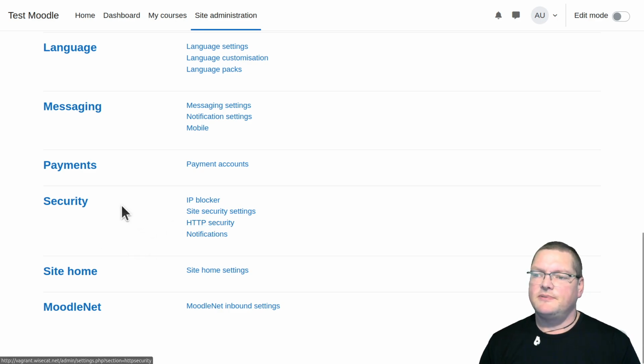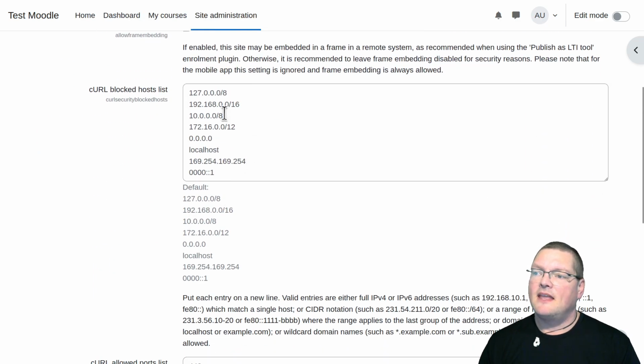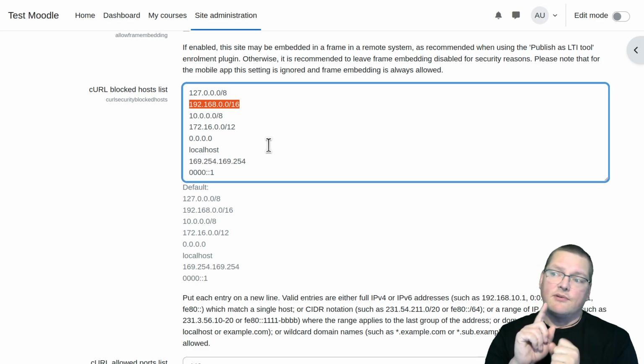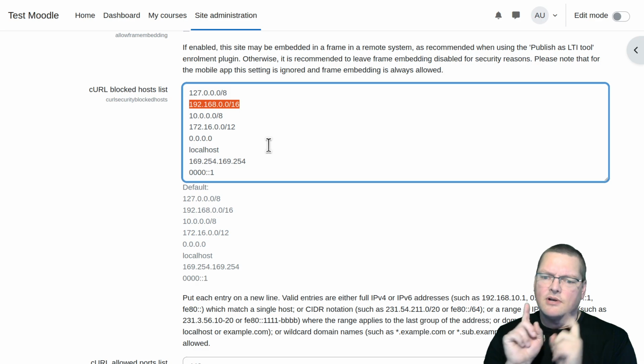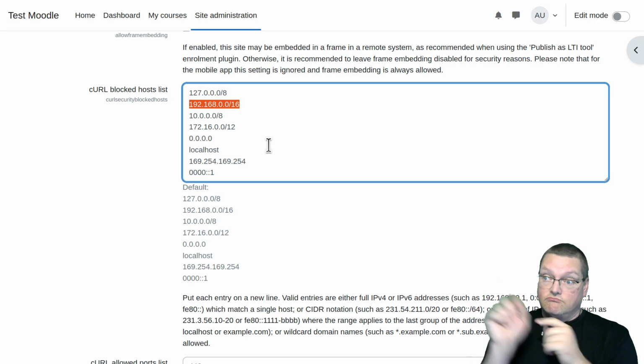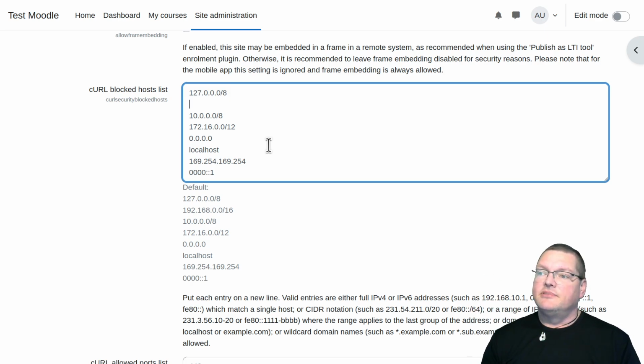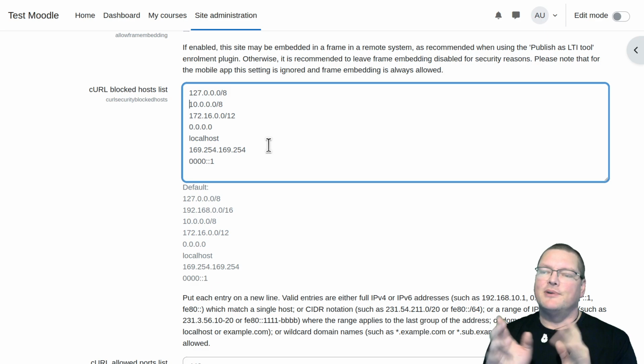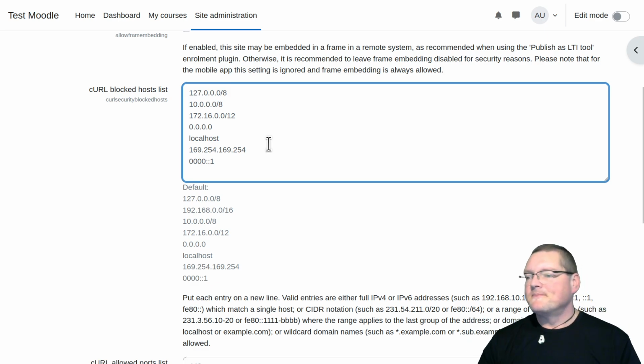So here we go, HTTP security. In the site administration, scroll down to the bottom and you'll see the security section, HTTP security. Go in here. And you can see this is the one that we're after. This is CIDR notation, and this basically says any IP address starting with 192.168. Well, hang on, that's a problem because my Ollama server is 192.168.56.11. Problem there. So we're just going to delete this line. Now it's gone. Now my Moodle can actually curl to anything on the 192.168 IP address range,